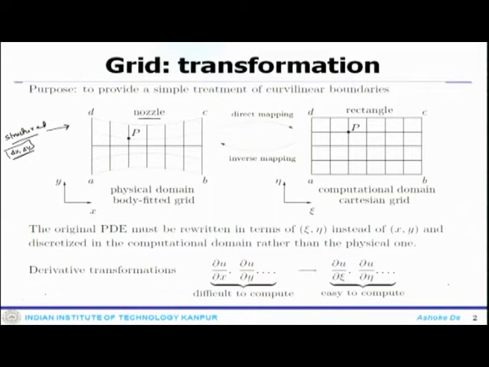Now, coming back to this nozzle problem, this is the kind of grid that you can have. It looks somewhat organized, but it is not very structured in that fashion. So, one approach is that you can transform this grid to a regular system. So, this is your regular structured system. When you are here with the body fitted system, then you are in the curvilinear system.